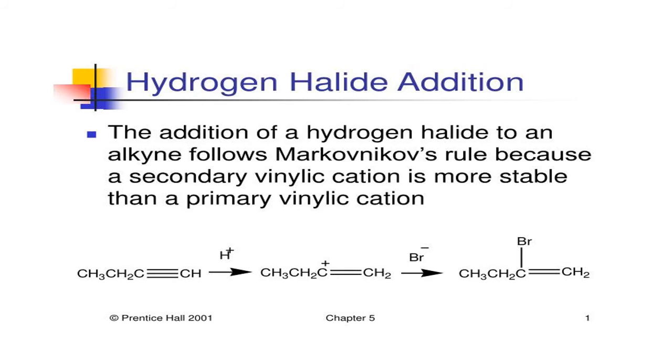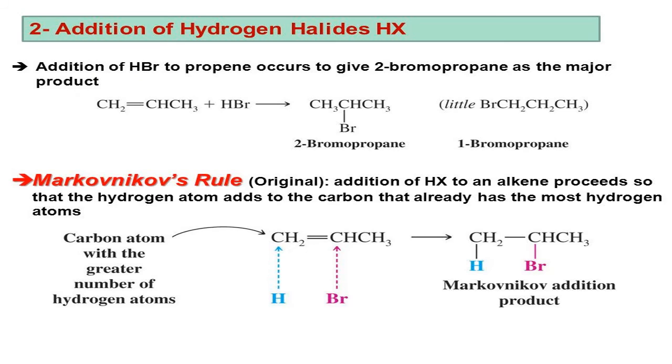Okay, now addition of hydrogen halide. So plus part, minus part. This is a triple bond. The minus part attacks the carbon where a lesser number of hydrogens are there. So here Br attaches. All these are additions of hydrogen halide, HBr. This carbon has the lesser number of hydrogen atoms, so therefore Br comes here as usual.